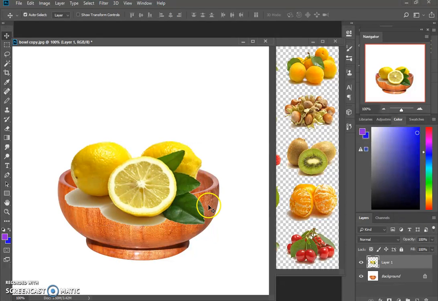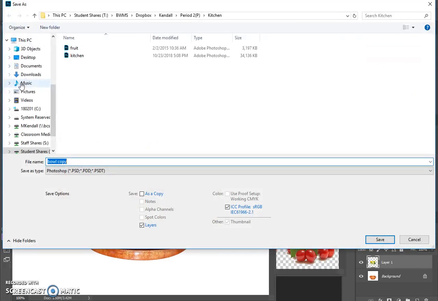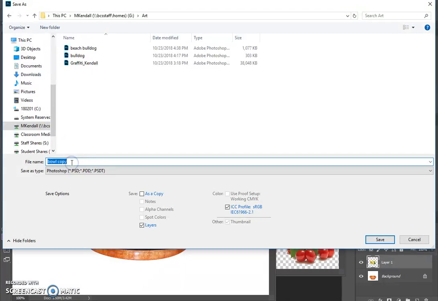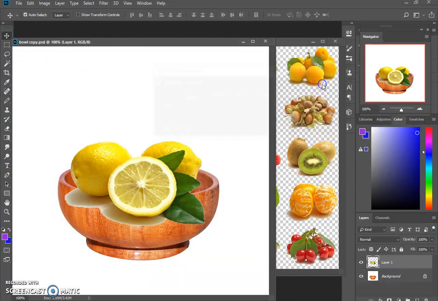And now I am going to stop and save this to my G drive. So I'm going to go File, Save As. Right now I'm working from the T drive, which is a class shared drive. I'm going to choose my G drive, open my art folder, and I'm going to leave that as a bowl. And then click OK. All right, now I'm working from my personal G drive. So from here,